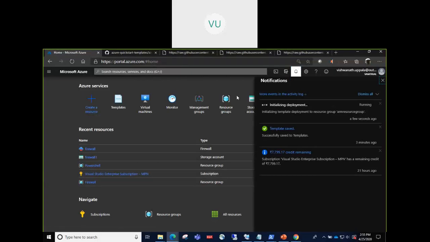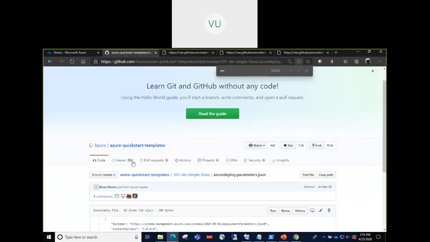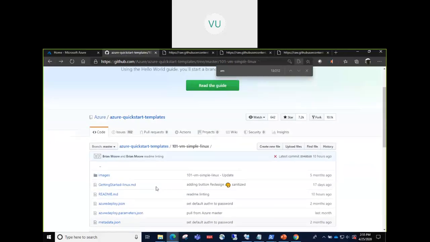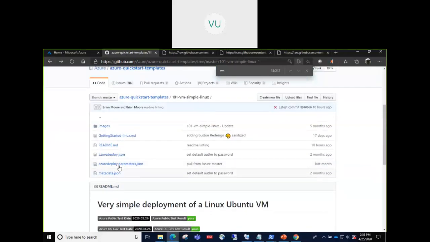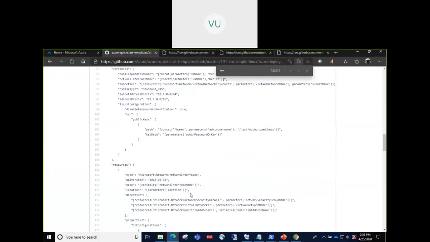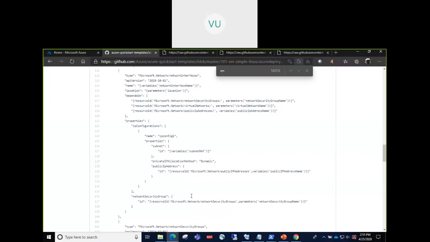Okay, I think it is deploying it. Till the time it runs, here if you see these ARM templates, we don't have to create all this JSON text from scratch again.